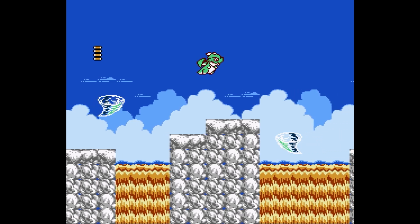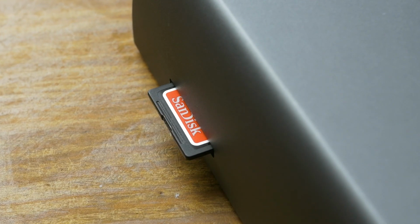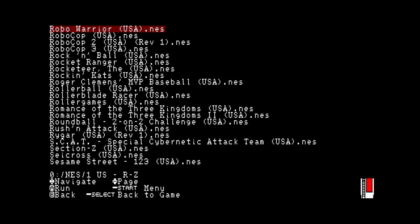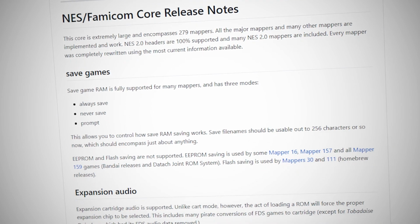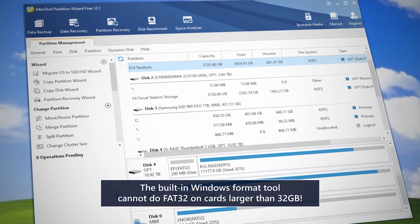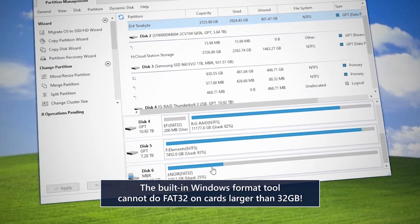As with the previous model, the jailbreak allows you to load NES and Famicom ROMs directly from the SD card. No flash cart required. But before loading your games onto your card, be sure to carefully read the instructions on the GitHub and format your card in FAT32. If your card is larger than 32 gigabytes, I personally like to use the free mini tool Partition Wizard to